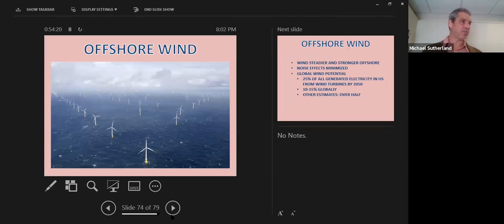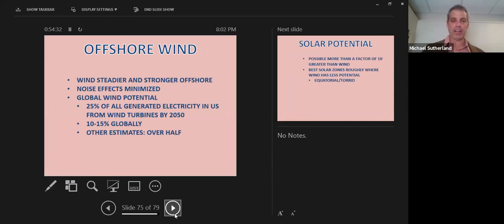So offshore wind is a component of this. It's finally come to the eastern United States. It's been in Europe for about 10 years. So we now are basically feeding off of their knowledge because they have a number of operating wind farms there that are doing quite nicely. And so global wind potential,